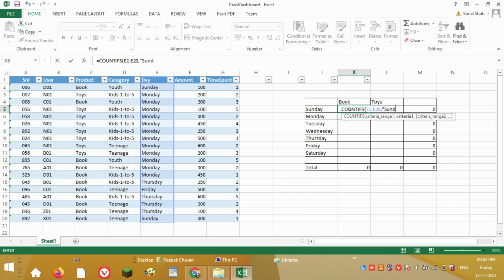So I'm doing the count based on the range, and I'm giving the parameter on which it should match. Similarly, I'll take the second range and say what the matching criteria is, the parameter it should match. I'll put it as text for your easy understanding. And let's see the count.